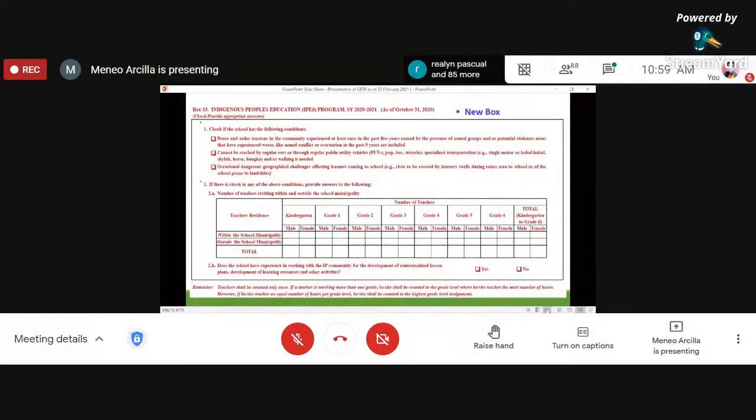And box 33. Okay, bago po itong pandito, itong box 33. This is Indigenous Peoples Education, IPED program. Cut-off date as of October 31, 2020. Ito po, before, if we will check number one, if there is a check in number one, then that's the time that we can proceed to filling